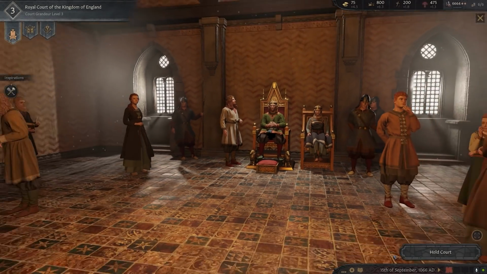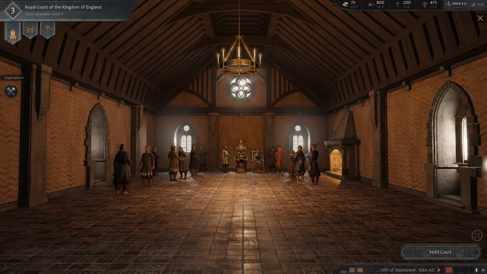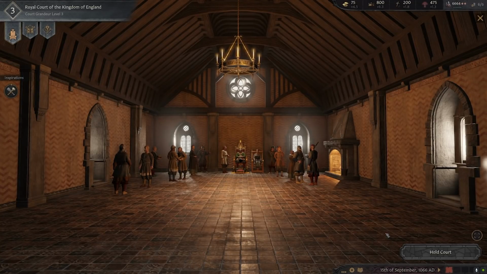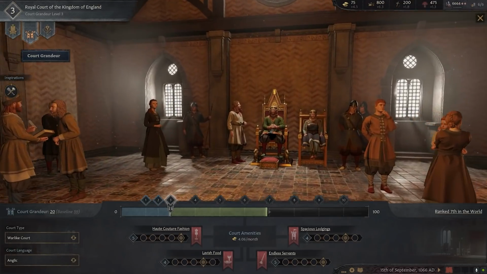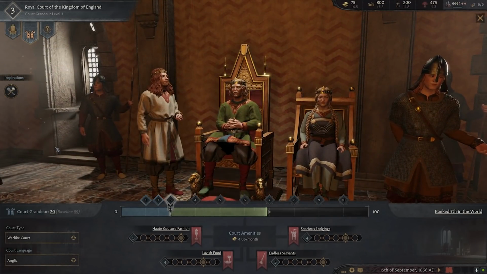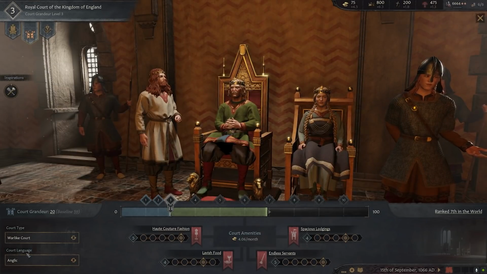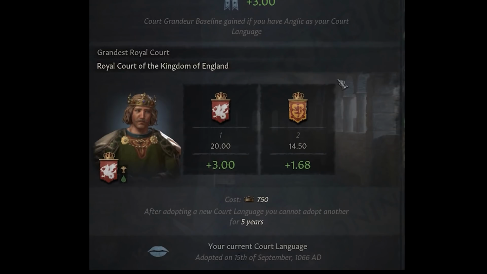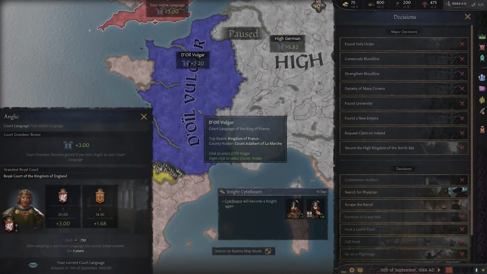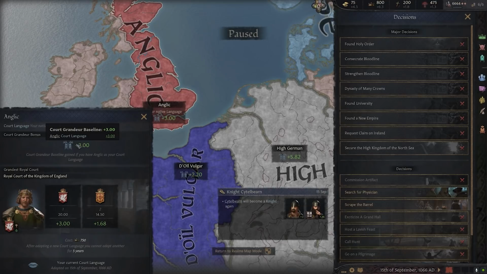All of the business of the royal court helps to make this DLC truly fantastic, and it's an incredibly important element of it. When you move to the court grandeur screen, however, this is where you'll see language really play out. Down the bottom you have the court language, and you can choose to change it. Generally speaking, this is more important for smaller courts. This grandeur bonus can be much higher or lower depending on the prestige or the notoriety of the language being